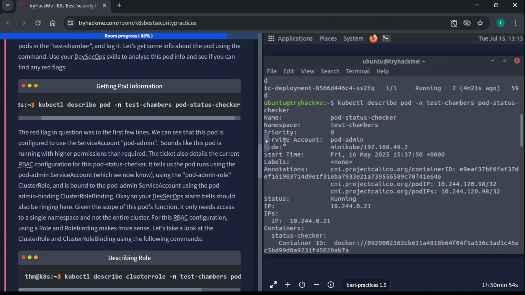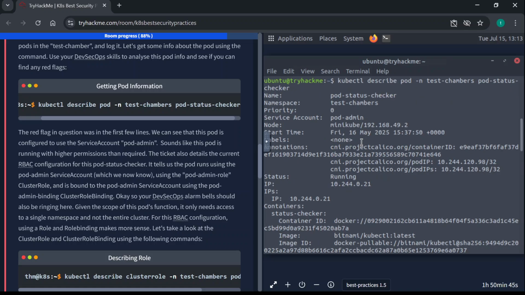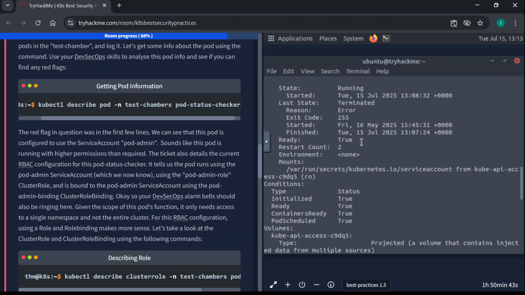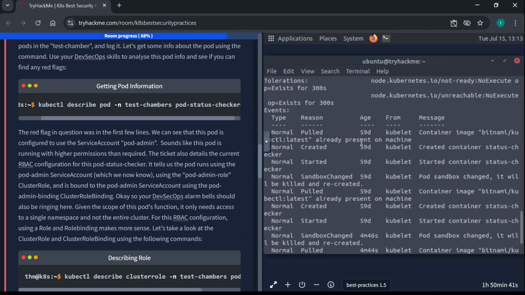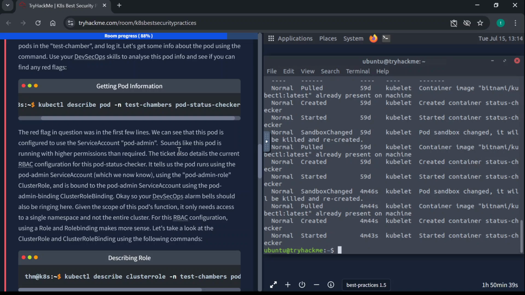We can see here that the service account that is assigned to it is pod admin. And we know what it means when we are having admin access or admin privileges as an account, right? Even before talking about Kubernetes, ordinarily having an admin role is a lot of privileges, right? So now